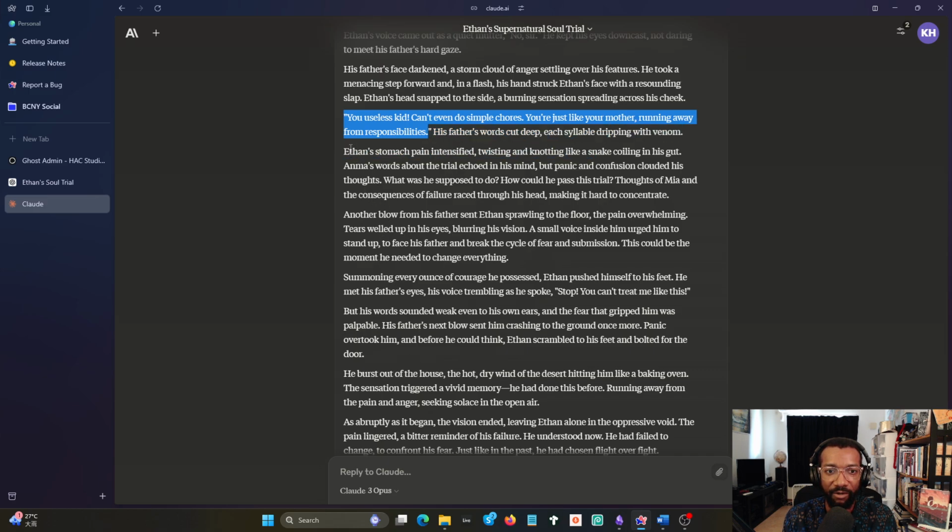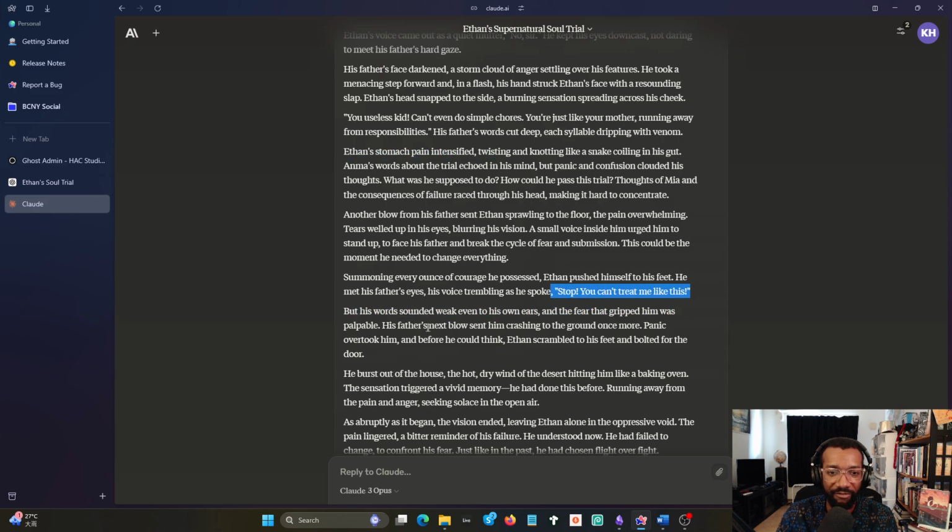He's in pain already, because one of the components of the soul trial is that you're not really a full person. You're kind of there, but you're not there. You can't relive the past, but it's some simulation of the past that is an otherworldly version of it. Anyway, so he goes, "Stop, you can't be treating me like this," which is a very generic line.